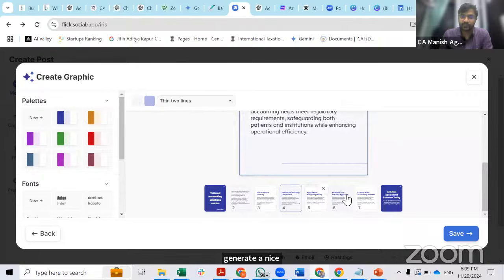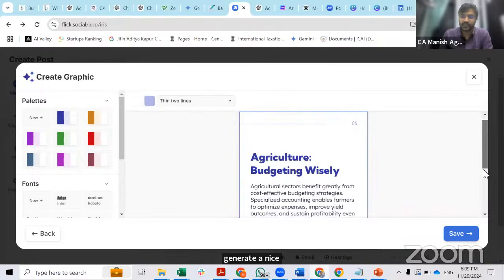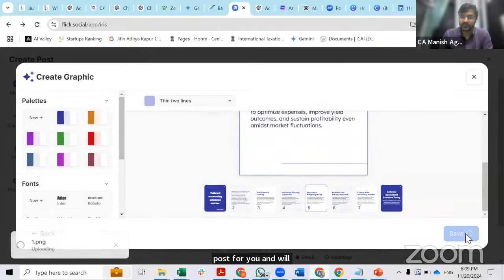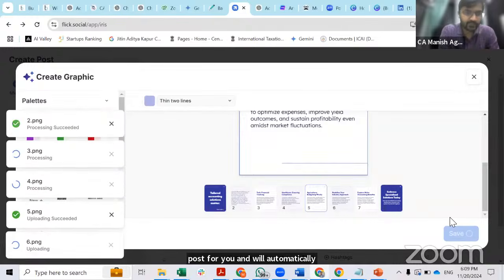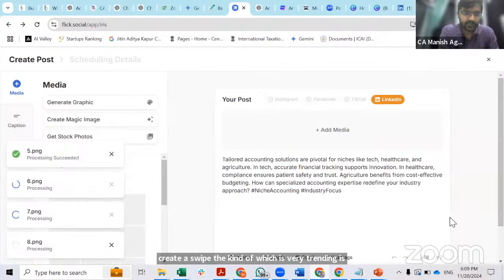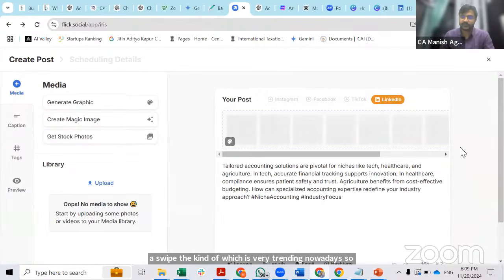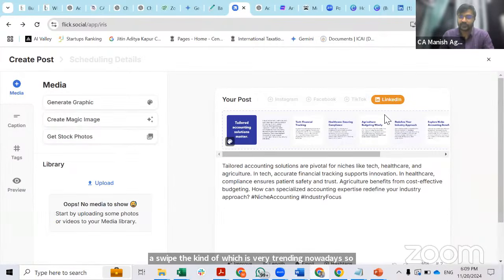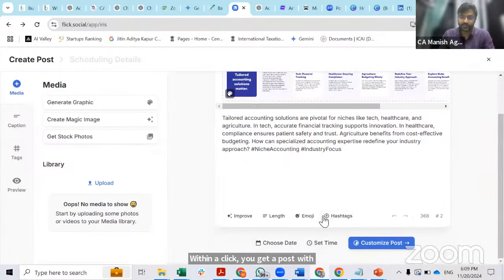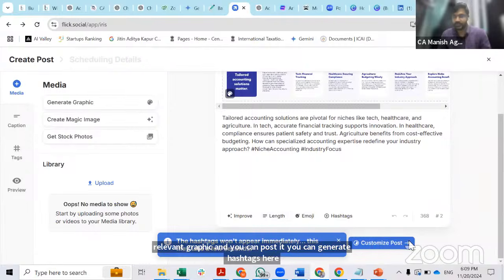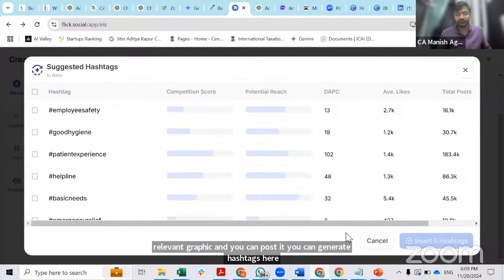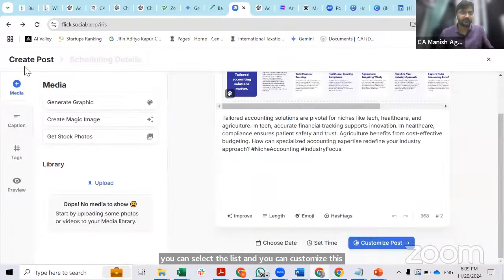post for you and it will automatically create a swipe, the kind of which is very trending nowadays. So within a click, you get a post with the relevant graphic and you can post it. You can generate hashtags here and you can select from the list and customize this whatever you want to do. And the other feature which I want to show here is